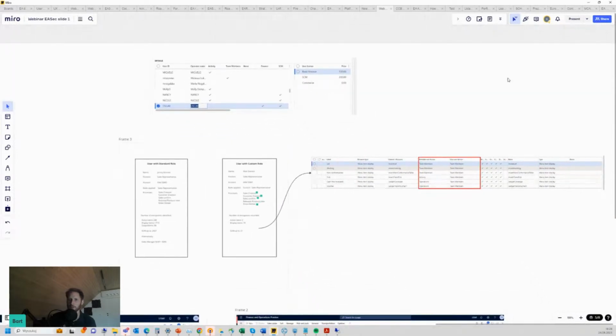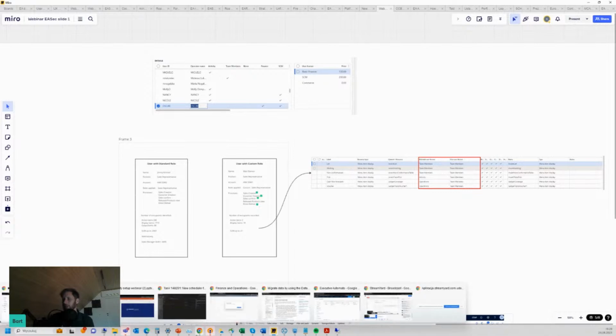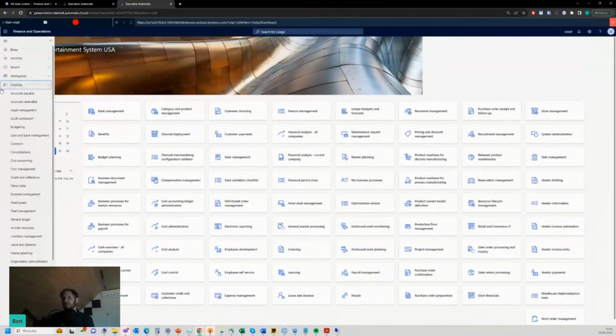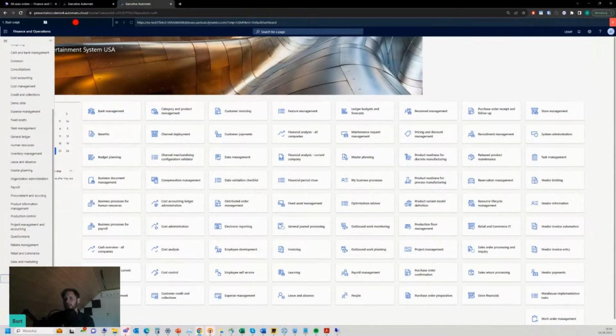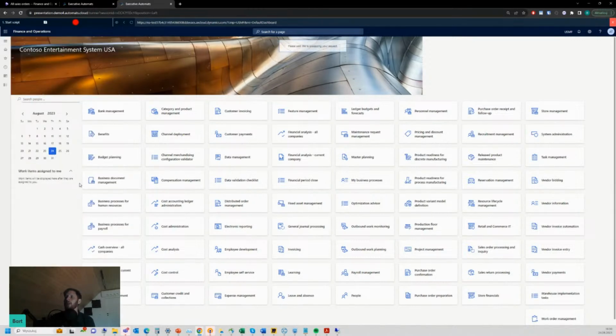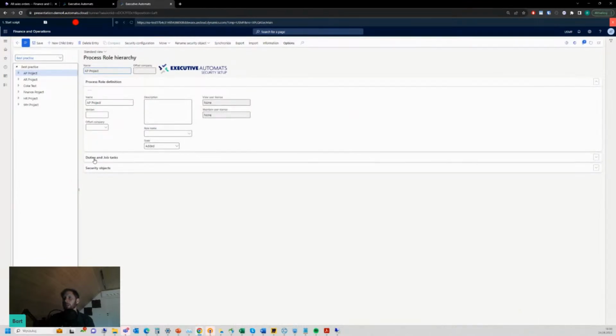If you have any questions regarding the approach or the following screen, just let me know so I can elaborate a bit more later on. But since I promised Raf today to show a bit more of Executive Automates for security, I'll switch the screen to the application itself. So in system administration, you have the possibility to open the security roles process maintain, and then you see the whole cockpit